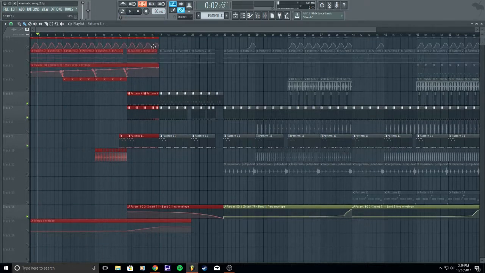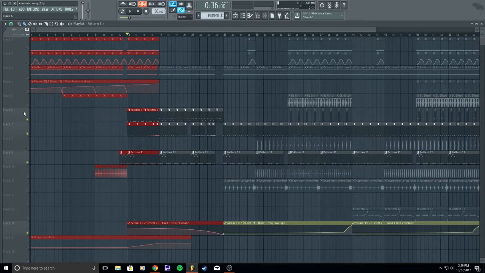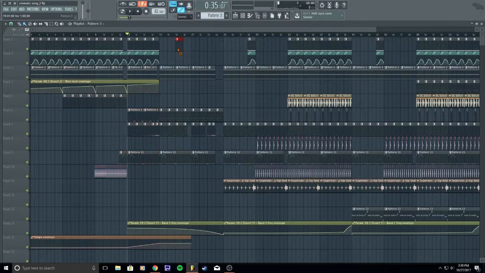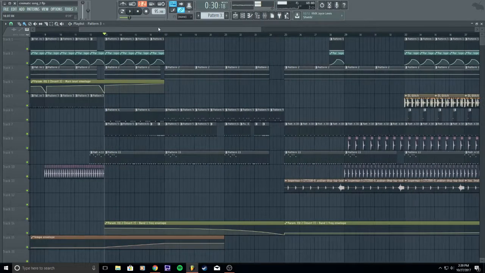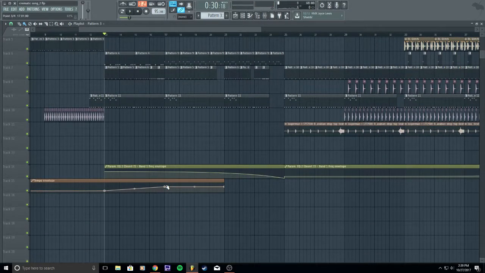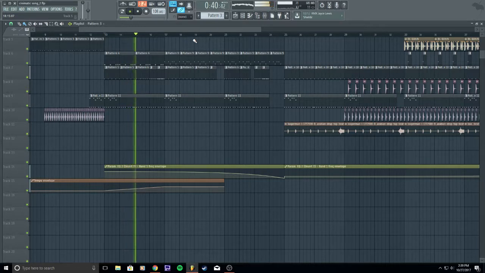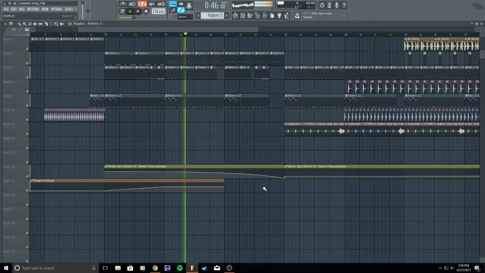So right here, in all, you would have. So what you would do is right click this up here, create automation clip, and just make it go up to 132 BPM. So it gets faster and faster. And then keep it on 132. And while that